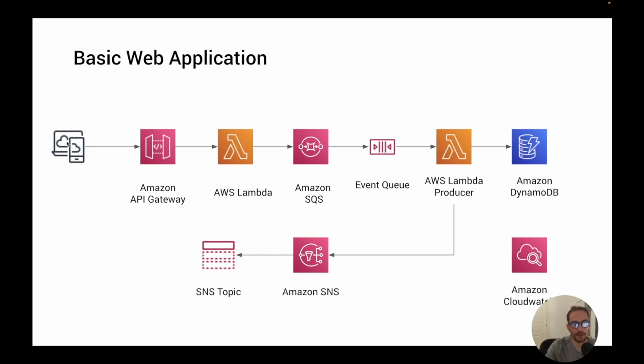So we have our client here calling an API through API Gateway. API Gateway has an integration with Lambda. Lambda pushes a message to SQS. Amazon SQS, the queue, is consumed by a Lambda function. So the Lambda function has a trigger, which is the SQS queue, and is pushing the items into a DynamoDB table. All of this is monitored by CloudWatch,